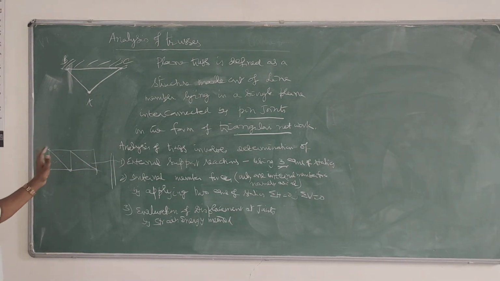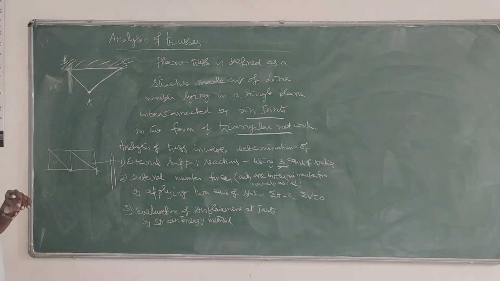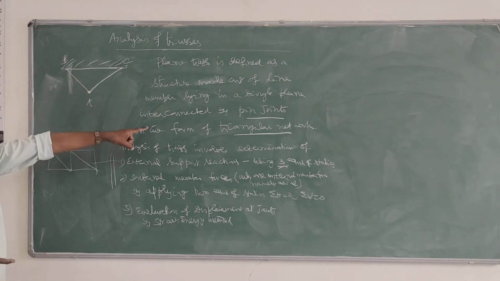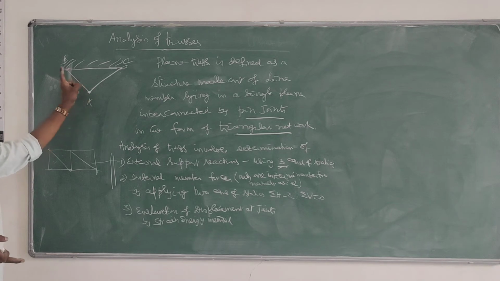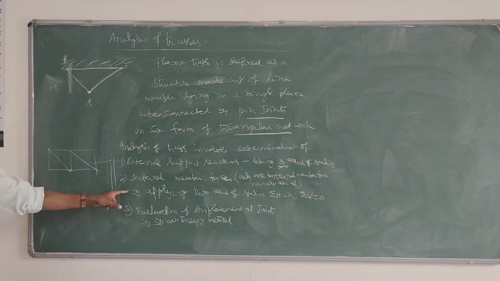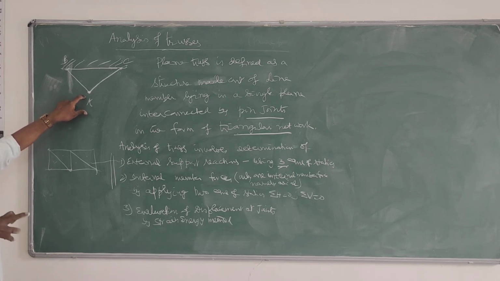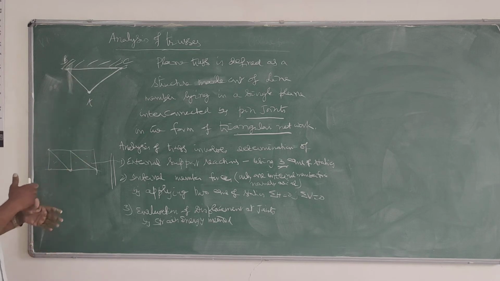Whereas in other types of trusses, where the number of triangles is more than one, here it is only one type of triangular network. So in this type of problem, you first determine only the internal member force by applying 2 equations of statics, taking that one joint, the internal joint, and then find the support reaction. And that is your analysis.